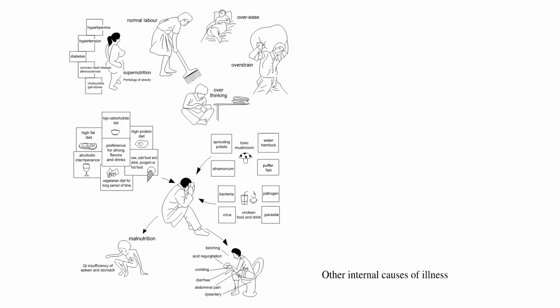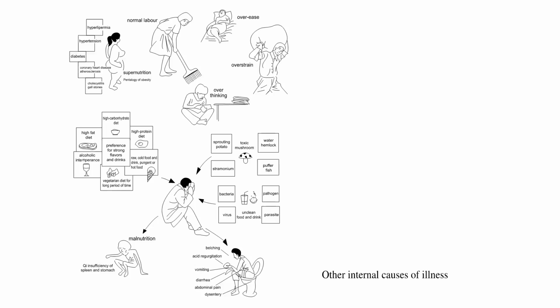We have also the normal labor, overease, overstrain, overthinking. With the high carbohydrate diet, high fat diet, high protein, preference for strong flavors and drinks, raw, cold food and drinks, pungent or hot food, alcoholic